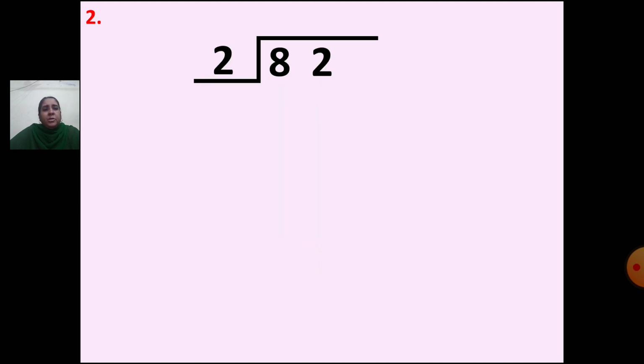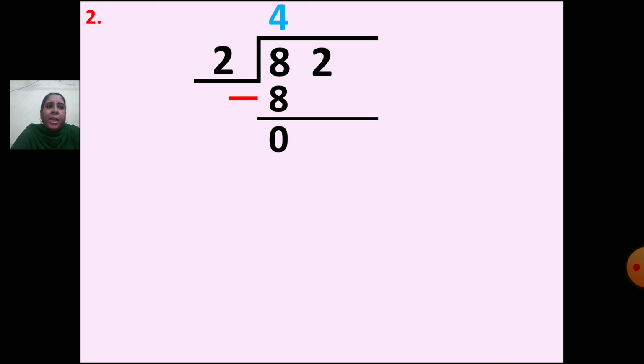Now let us do the second question. Now again you will take one number only, 8. In table of 2, when you get 8, so you have to say table of 2. 2 ones are 2, 2 twos are 4, 2 threes are 6, 2 fours are 8. So what will you write up? 4. And down what will you write below 8? 8. Then what are you going to do? Put the sign of minus. Draw one line. Now 8 minus 8. What will you get? 0.